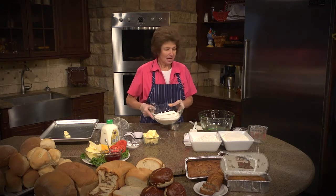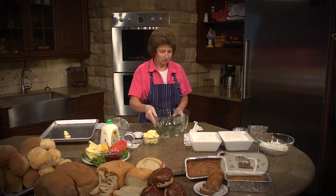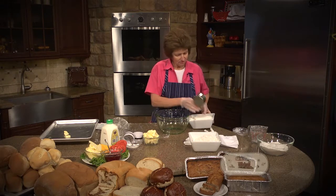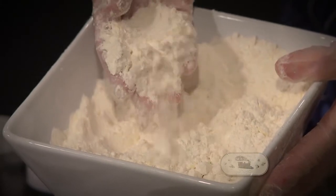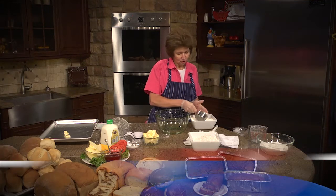Now, I'm going to set this to the side because I do have some already mixed up. Now let me move my bowl over. Okay, here I have my dry ingredients, my butter, and everything mixed. And this is what it would look like. It will be crumbly. Your butter is in there, and so it sort of looks like cornmeal, but not hardly. All right, I'm going to measure out me 2